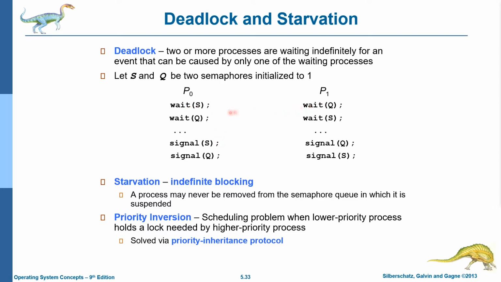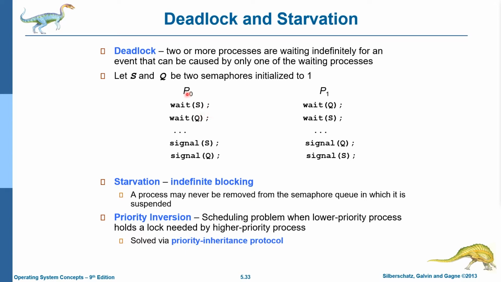If process 1 executes after process 0 executes wait S and Q, process 1 has to wait on Q before it can proceed. That would be a successful operation if it were to occur after the two waits of P0. However, if process 0 executes wait on S and process 1 executes wait on Q, both S and Q have semaphore values of 0. Process 0 then waits on Q,